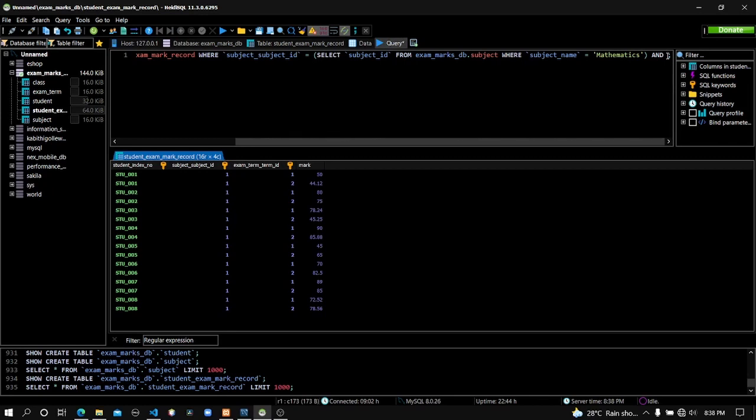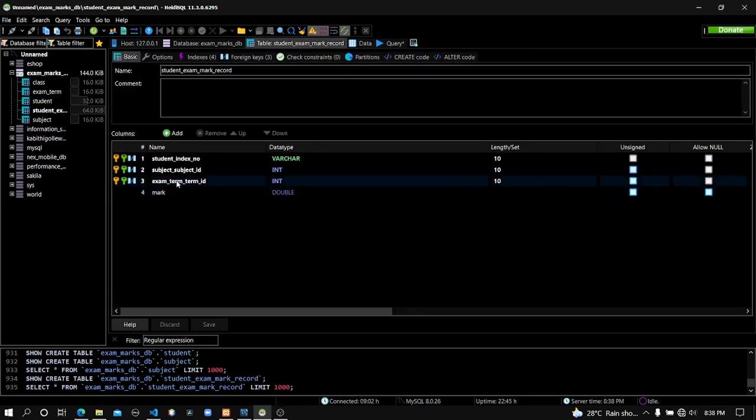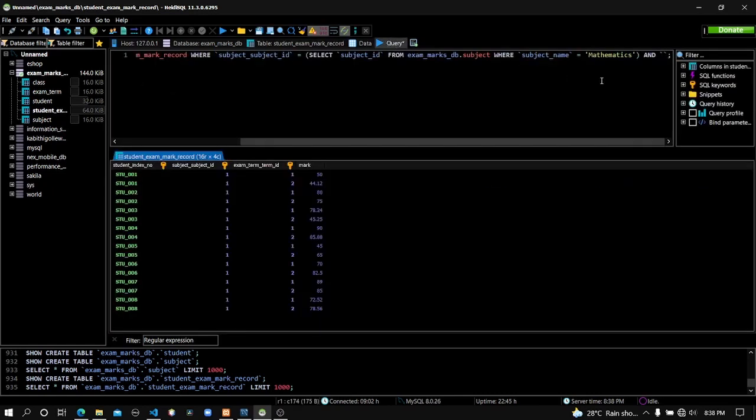So here I am mentioning the attribute of the main table, exam term ID. Let me copy that name, exam term ID equal to, here's the query,